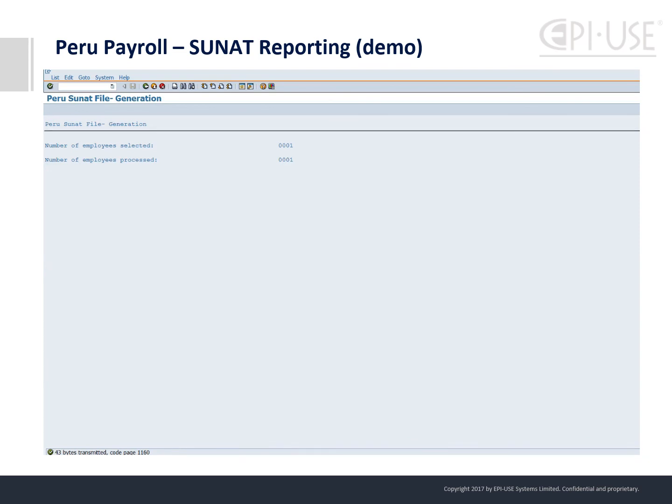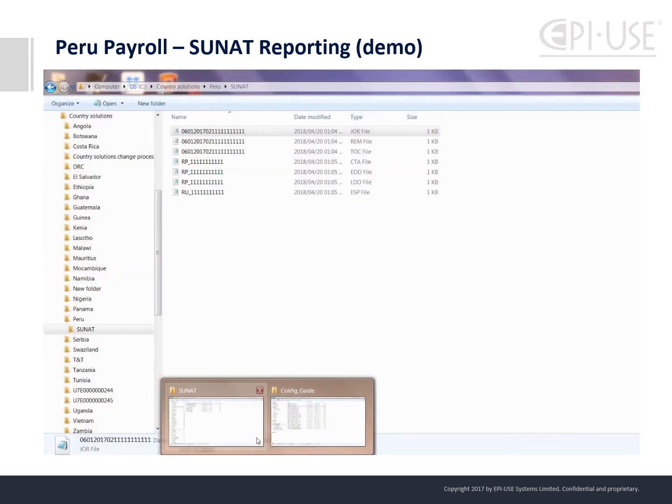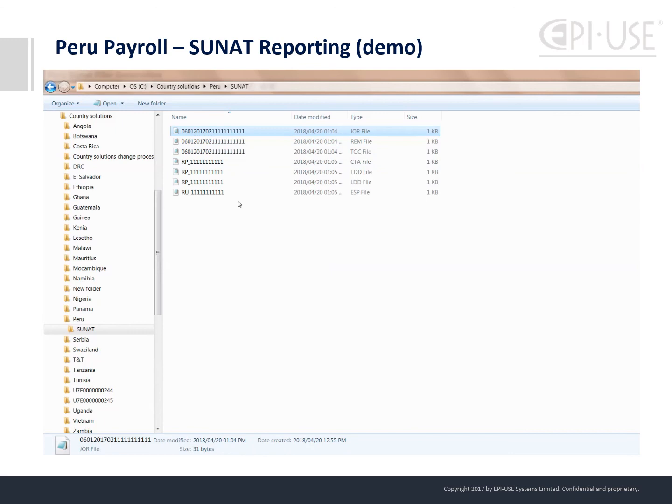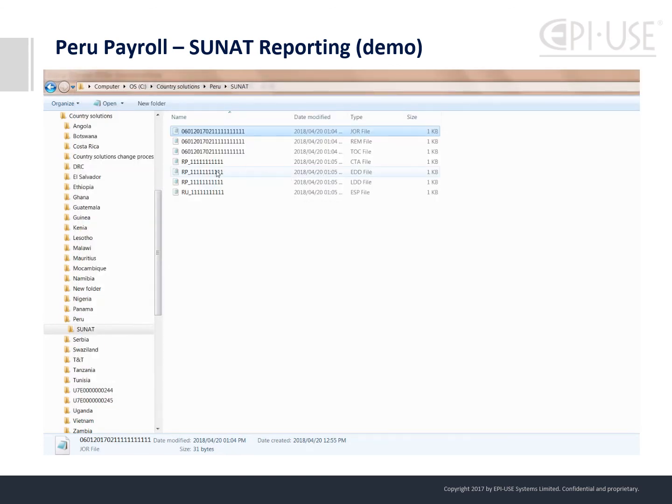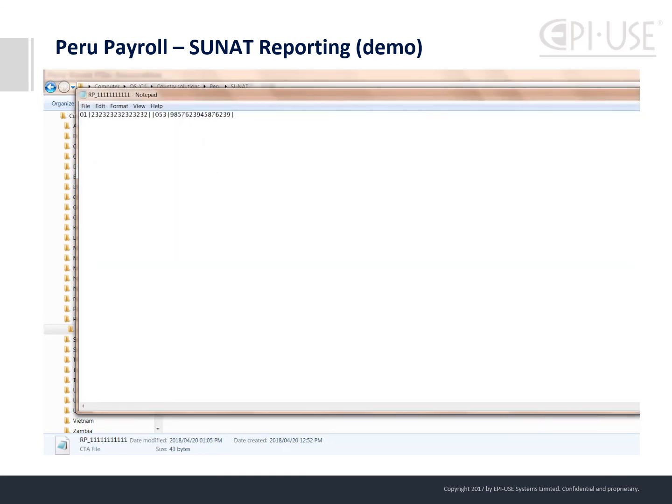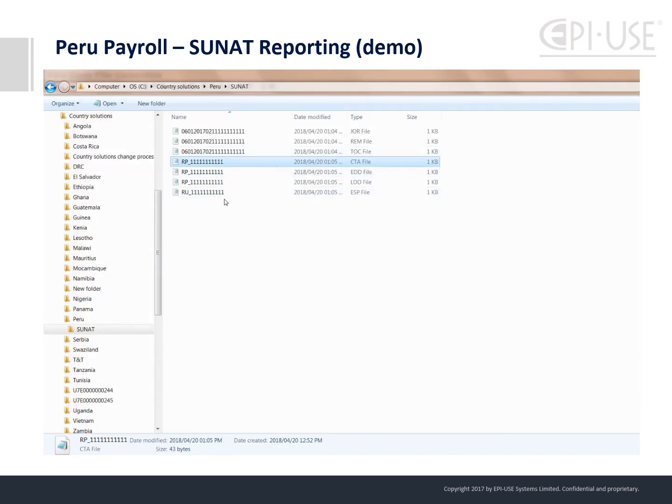Information was transferred. So if I go back to my directory, I find all the files that were relevant with the different types. And if I open them, it's all just notepads. So these I can check, and these are the files that have to be submitted for the SUNAT